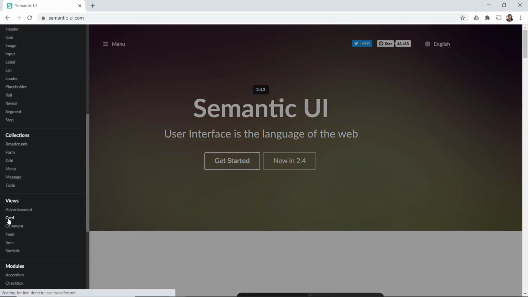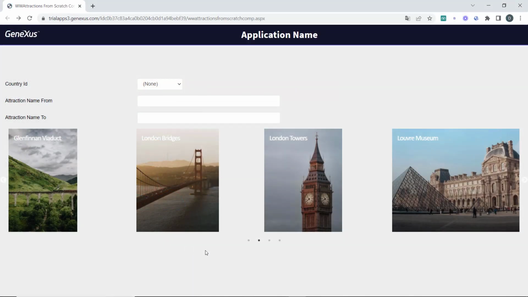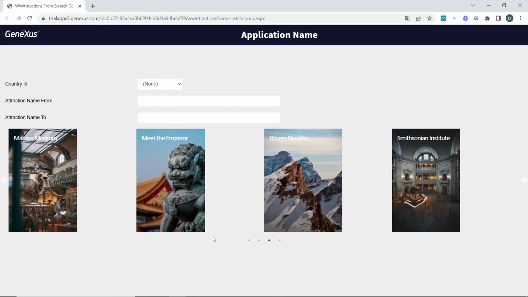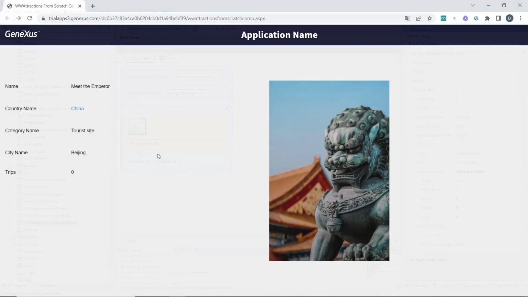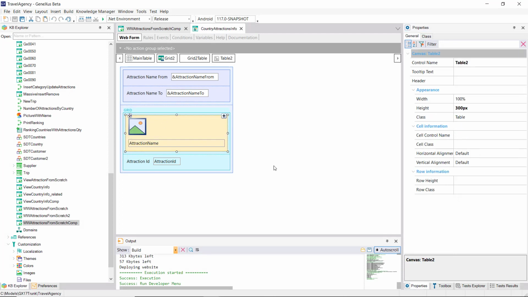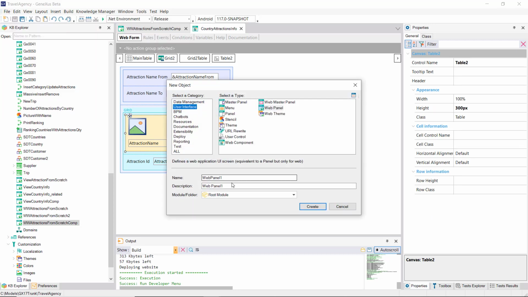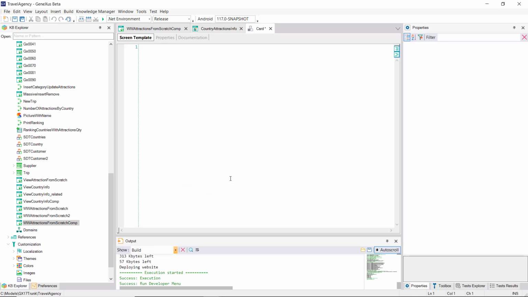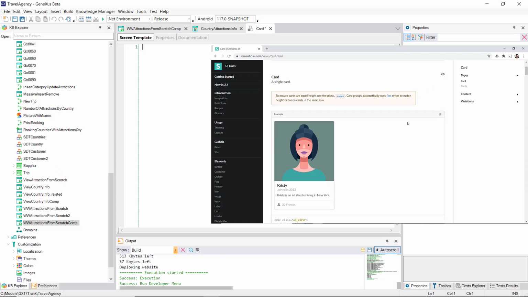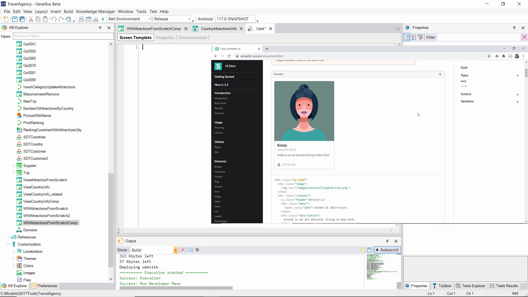We may want to use a card control, such as this one, for example, to show the tourist attractions, instead of the canvas table we had placed on the horizontal grid, which we had just started to design. There we can see the grid, and here's the canvas table. To do this, it's enough to create a user control object. We can call it the same, copy and paste the HTML that Semantic UI offers,